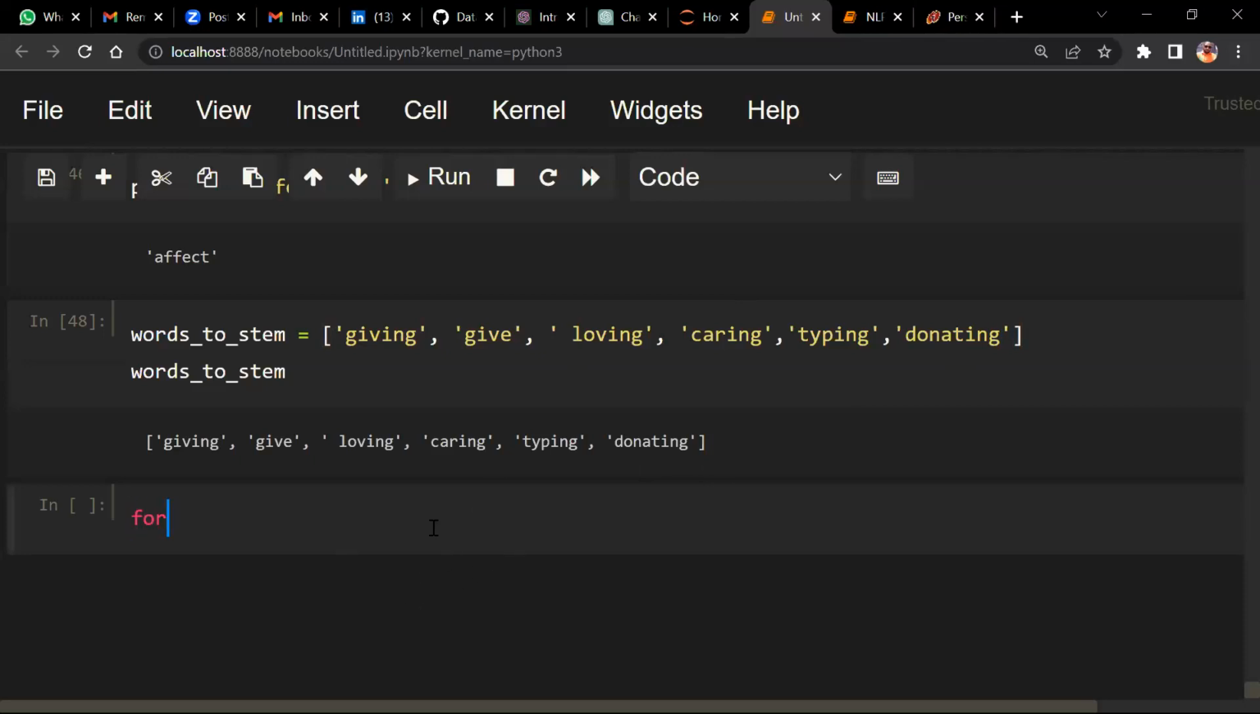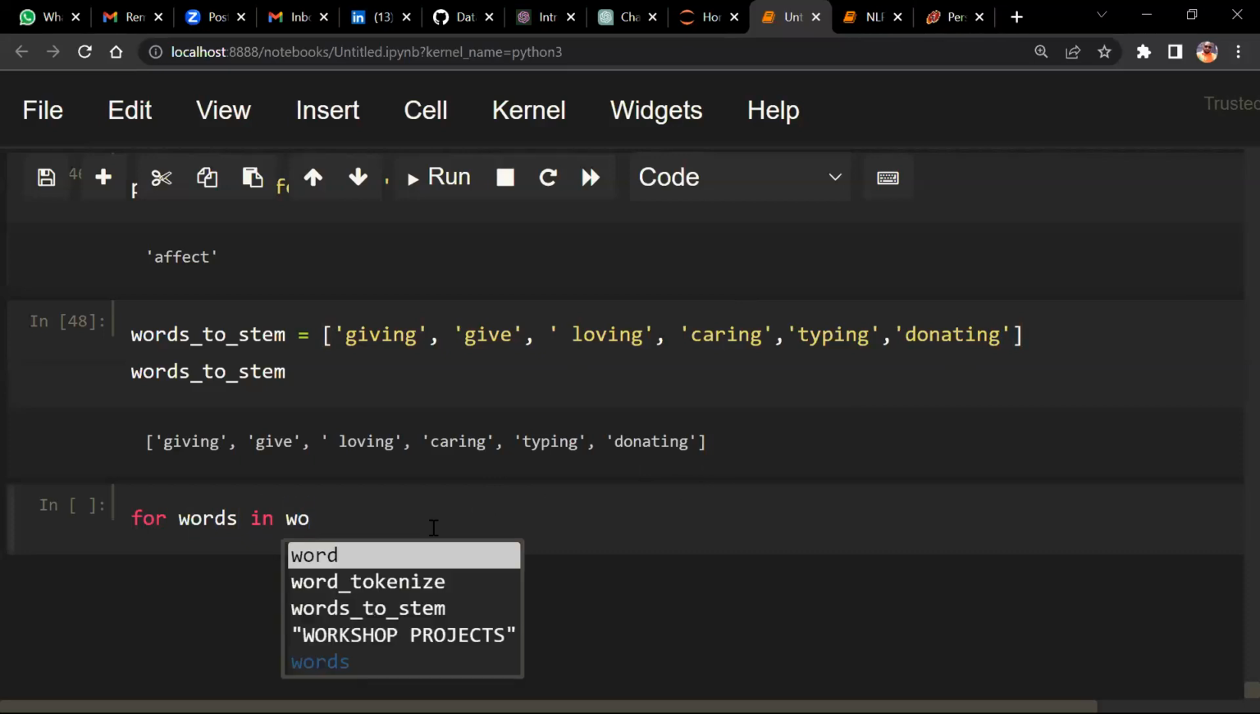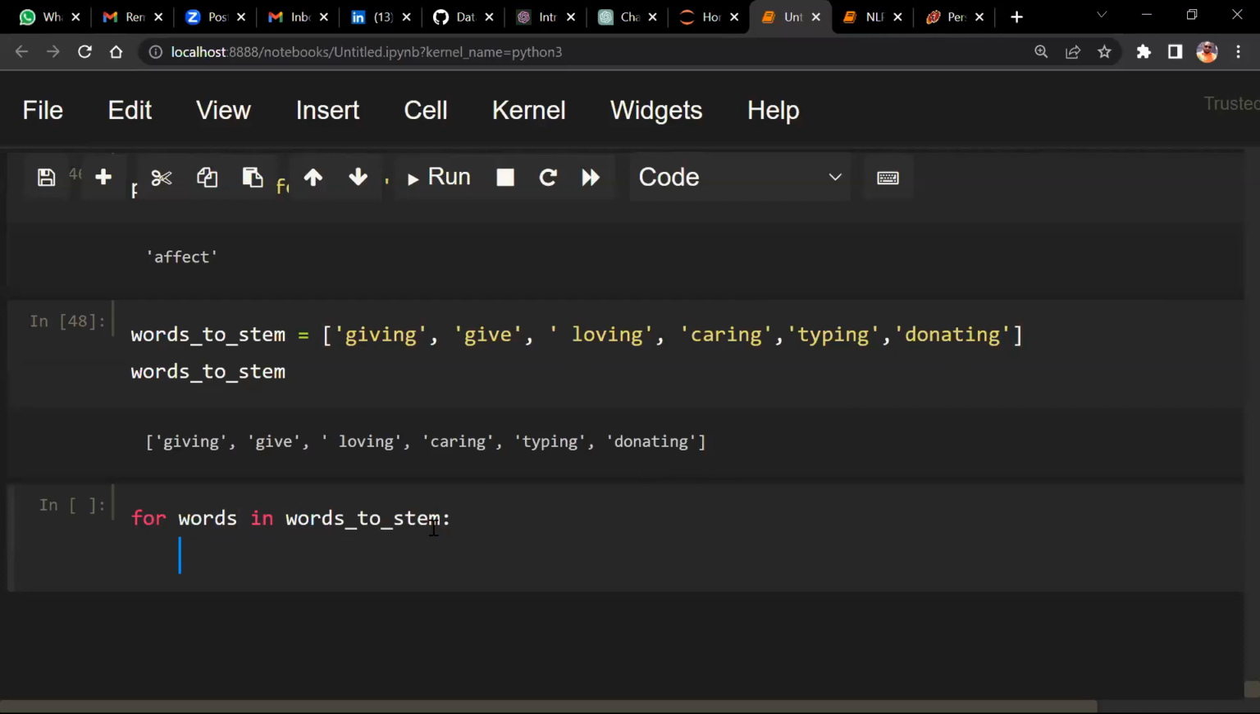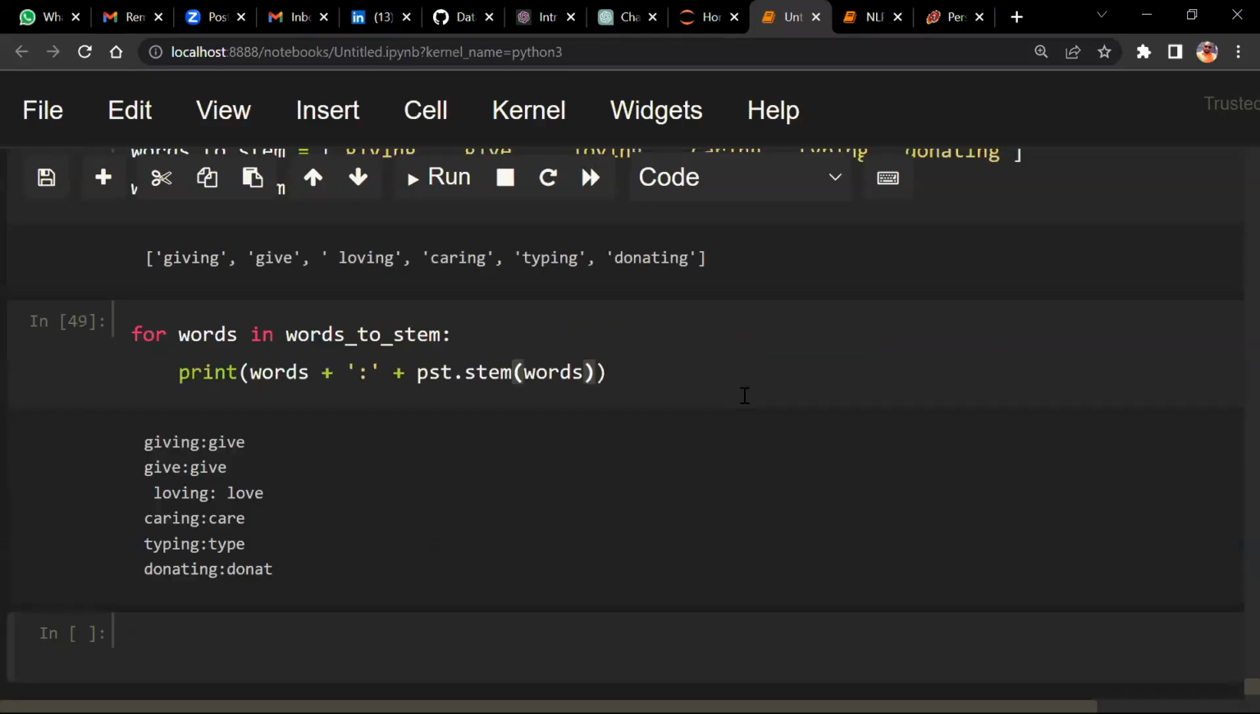We will write a for loop, and I can say for word in words_to_stem, then enter, and I can say print. I wanted to print these words, and along with it I need slicing. Okay, I'm sorry, this is not plus. And once you do this, I want pst.stem of all the words. Did you see, guys? Once you do this on words_to_stem, what happened? Giving, the output is give, and give becomes give, loving becomes love, caring is care, typing becomes